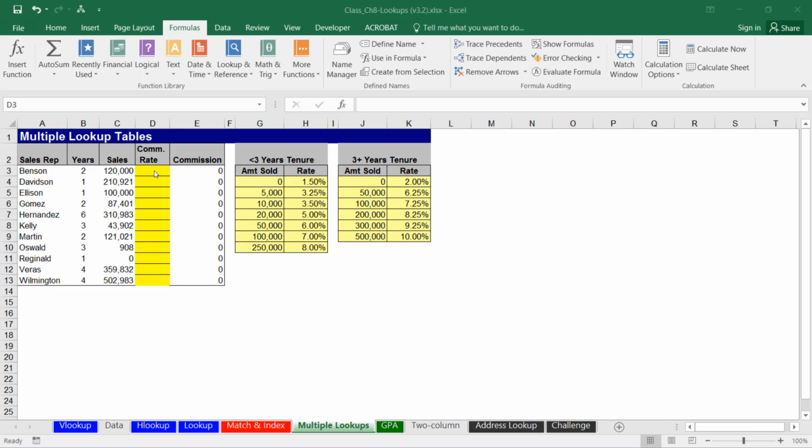Well, of course you can use an if statement: if less than 3 years, then do a VLOOKUP for those less than 3 years, else do a lookup for those greater than 3 years. Or we can even combine those and make it more compact by putting it right in the VLOOKUP statement. So here equals VLOOKUP,